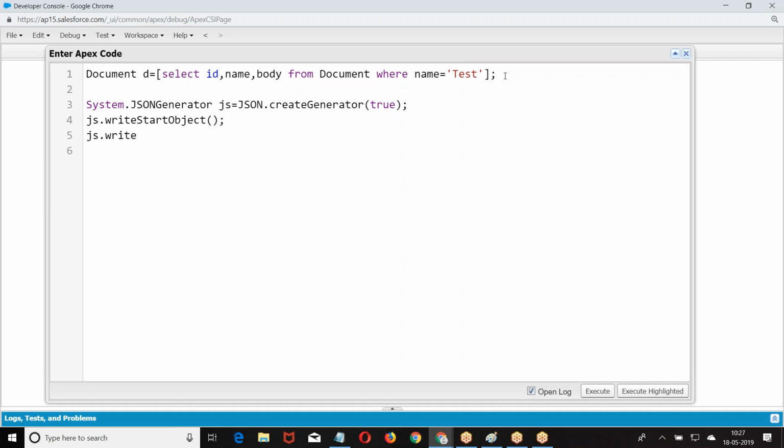JS dot write, blob field, JS dot write, then string result equal to JS dot